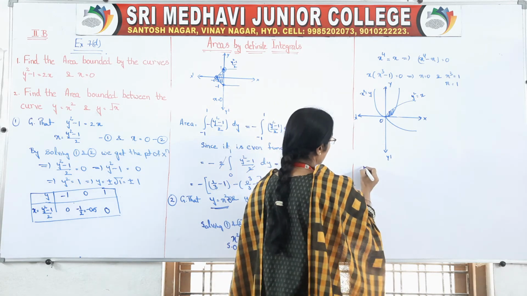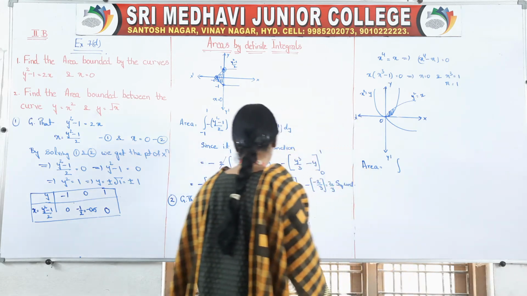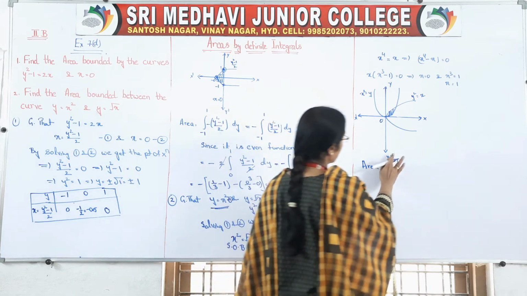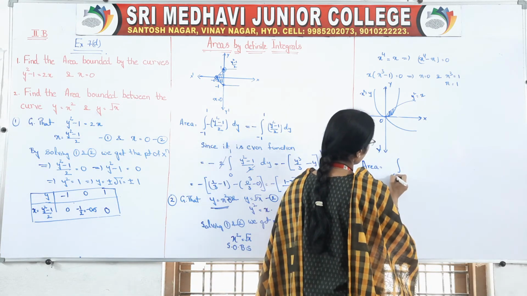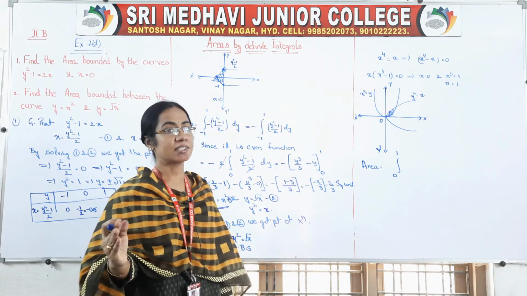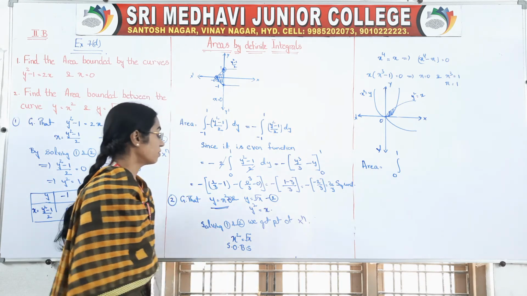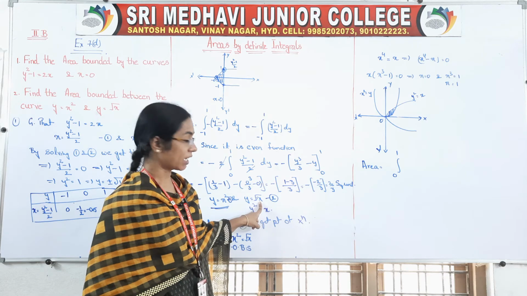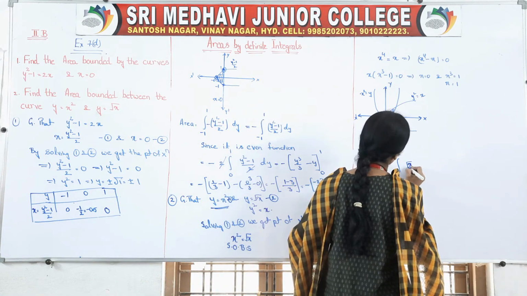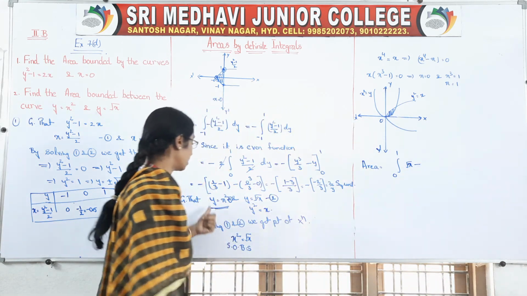So you find out your area. So area is equal to integral, which values we got? X values 0 to 1. So we will take this 0 to 1. First the curve which comes upwards, and I said curve equation should be taken as y is equal to something. So what is y? Y is equal to root x, that is the curve equation, right? So we have to take root x minus second curve y is equal to x square, isn't it?